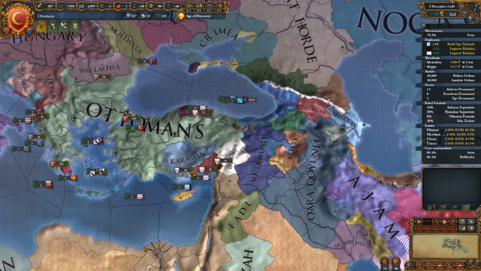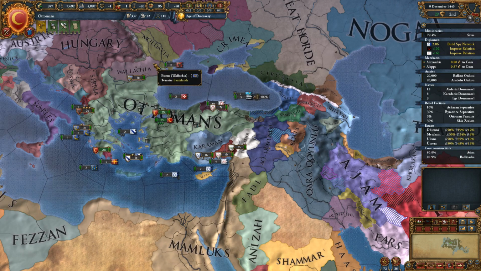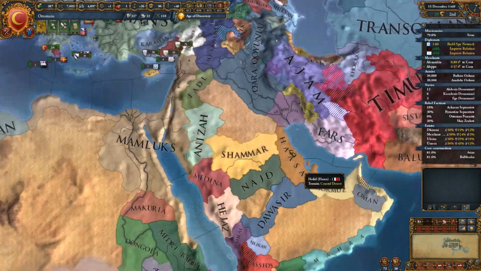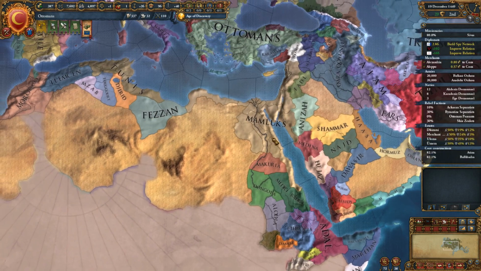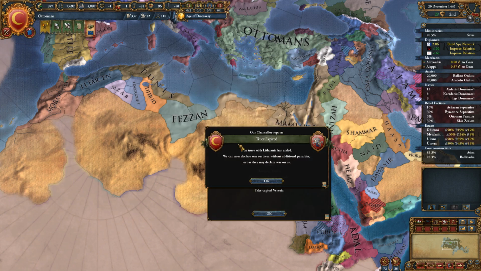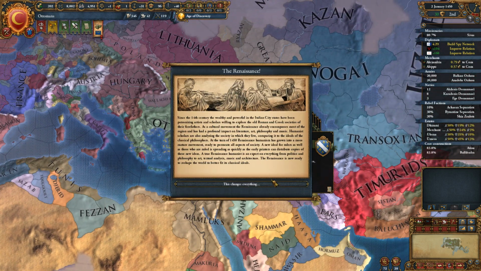Alright. So, we want to be at war. I kind of want to take all this here. And then I also want to take all of this, all of Saudi Arabia, or the Arabian Peninsula, I should say. All of the Mamluks, all the way over pretty much to Morocco. If I did that, I'd be happy. I don't want to lose base tax. I'll let Cossack aggression continue. Gain 5 there. And if I push up...